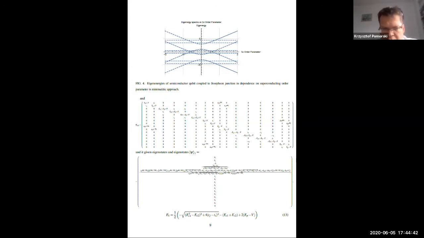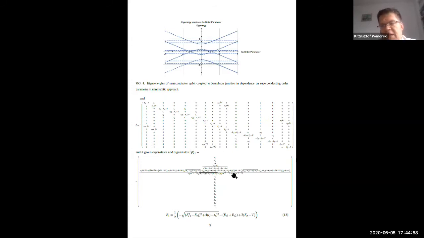So just by running Mathematica in a relatively clever way, you can